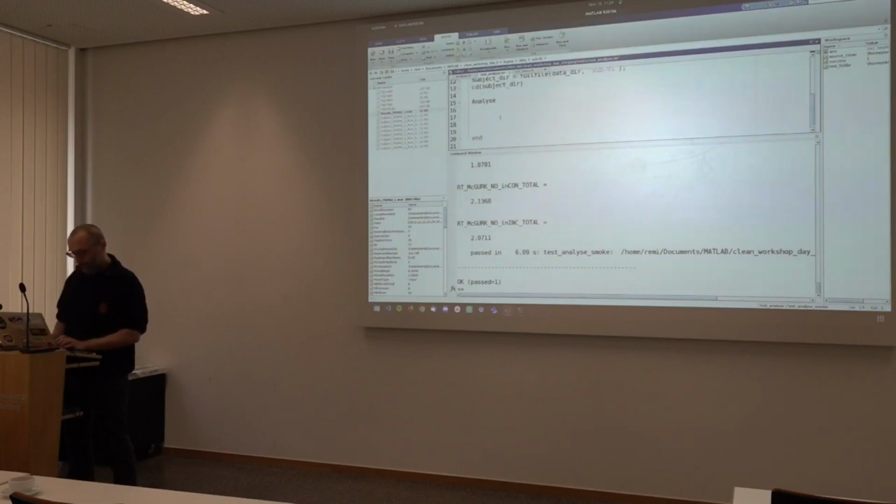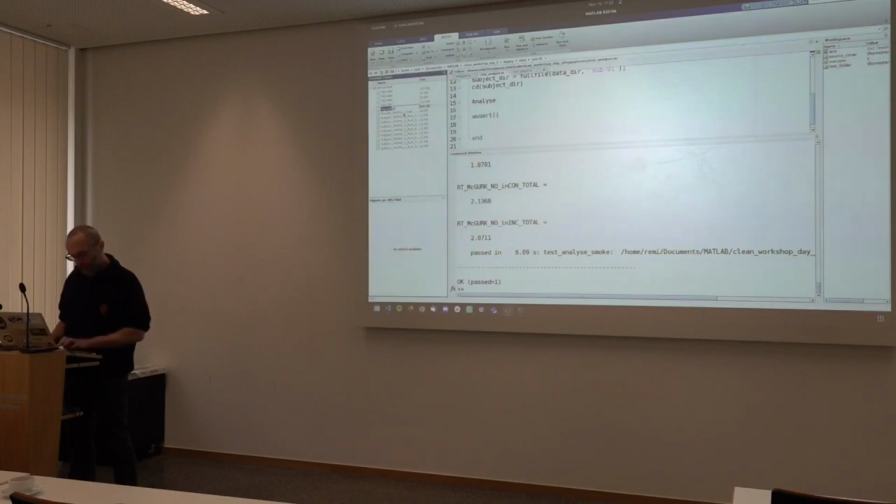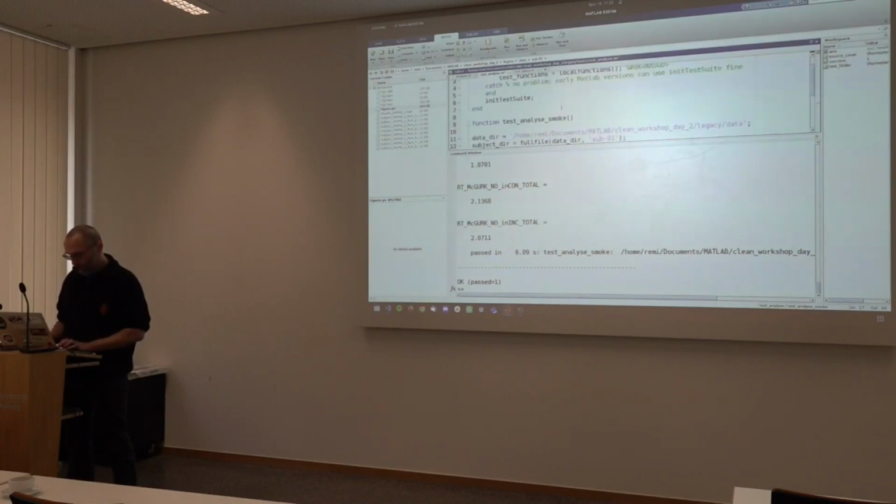And then we want to actually add tests. So we want to assert a couple of things. First, we want to make sure that this figure file gets created. So we can do exist, and the way we want to do this is fullfile of subject dir. Oops.